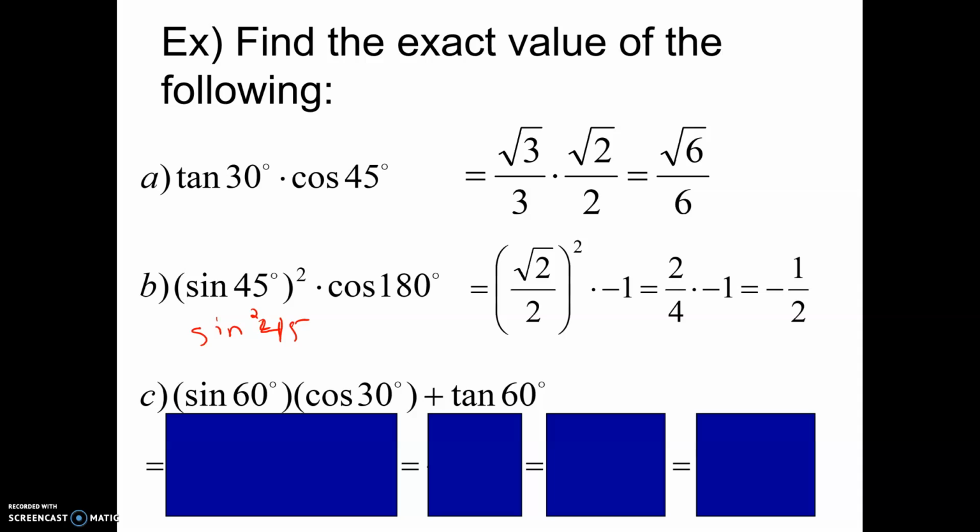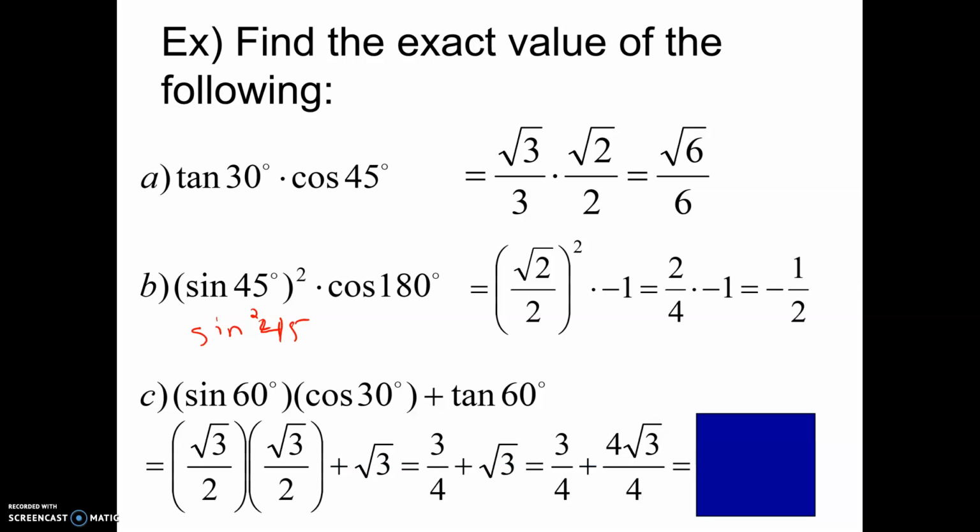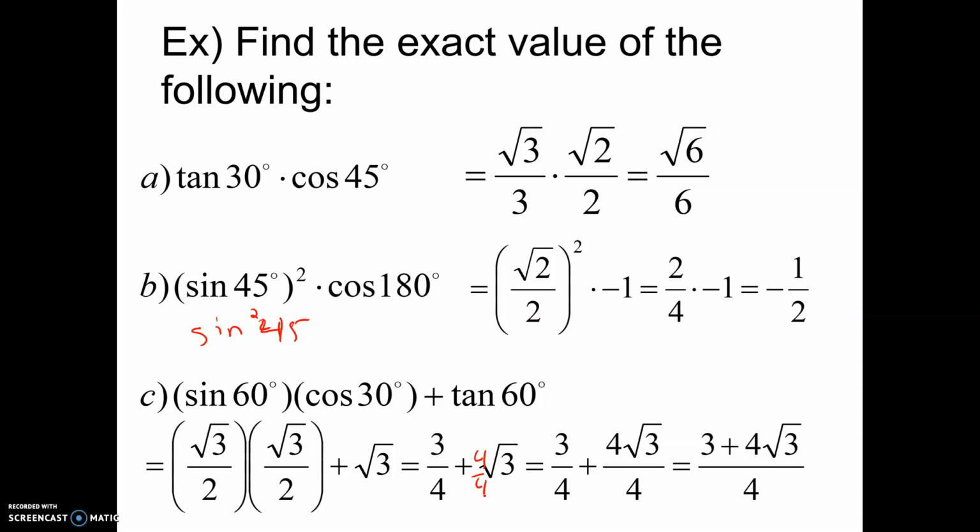Okay, sine 60 times cosine 30 plus tangent 60. We're just going to follow the order of operations. Okay, multiply straight across. Okay, we get 3/4. And then if I want to mush those together, I have to get a common denominator. So I multiply this one by 4/4 and then add them. Done. That's it. And if it's radians, whatever, you can convert radians to